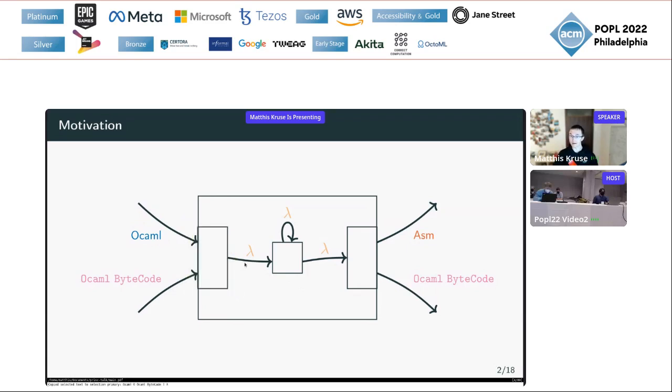So-called compilation passes that perform source code transformations are applied on the IR. That is, they have the same input and output language. So in this case, lambda form again. Having applied a suitable number of optimizations, the IR is lowered even further to emit either x86 or other flavors of assembly or OCaml bytecode again.